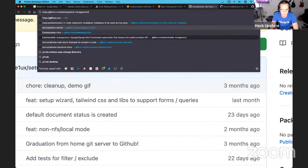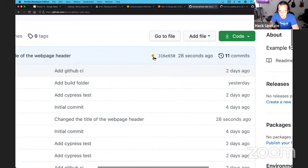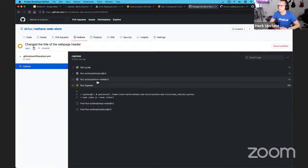Let's go quickly. Nathan's web store. All right, so it's running right now. That's what this yellow circle means. So that CI is running. Some checks haven't completed yet. That's because it's still running. So we can click on details and we can see it going step by step through those actions